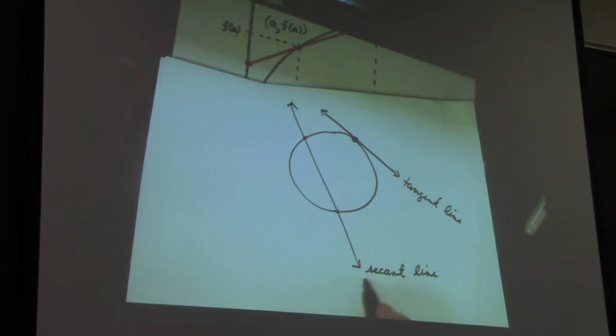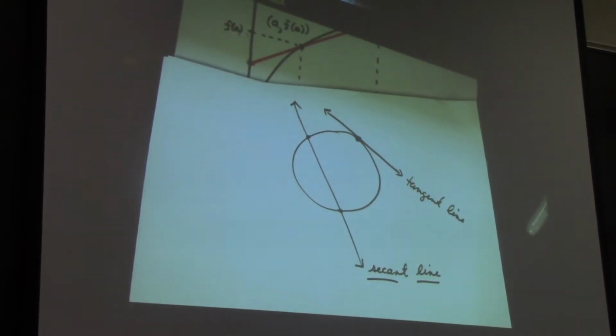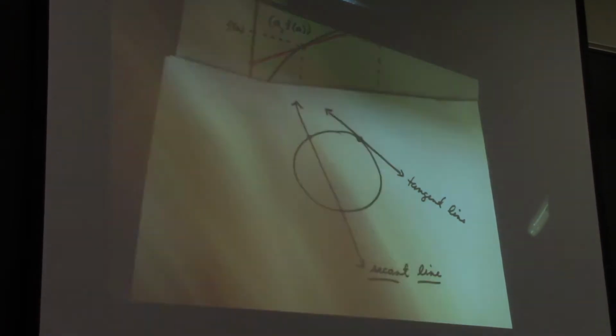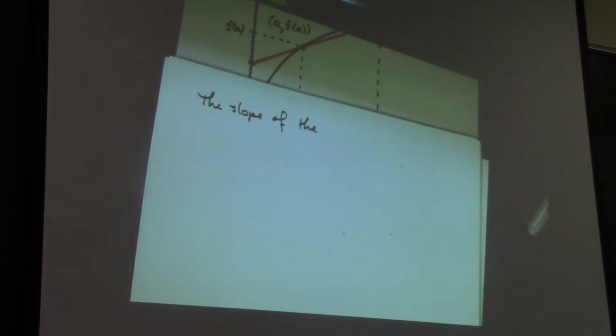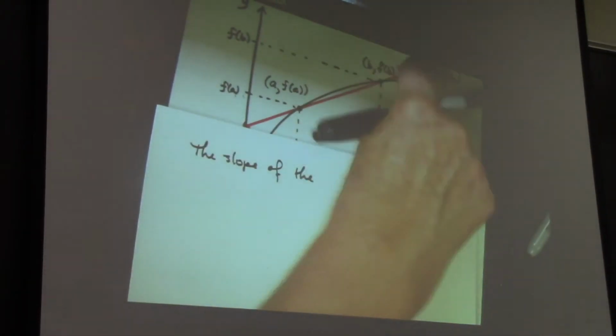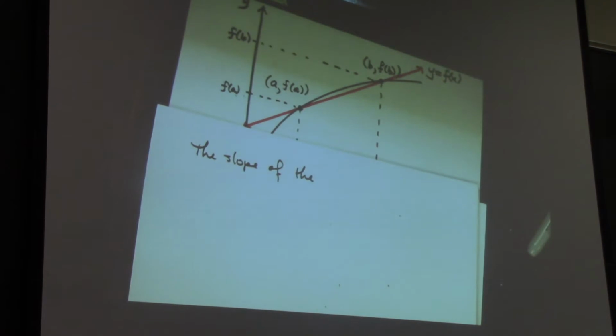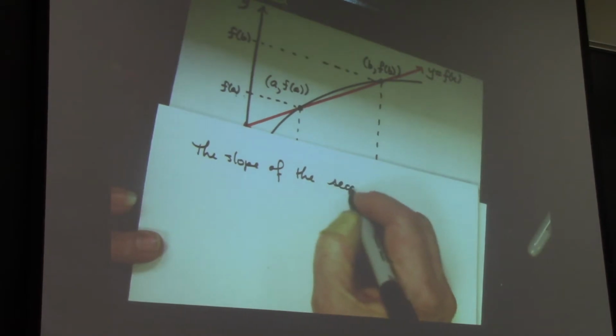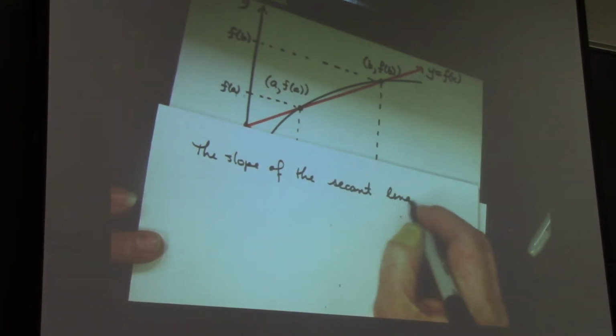A secant line is just a line that intersects, back in geometry, a circle, but in general, a line which intersects a curve in 2 points instead of just 1 point. So people generally talk about this line that intersects the curve in 2 points as a secant line. So the slope of the secant line